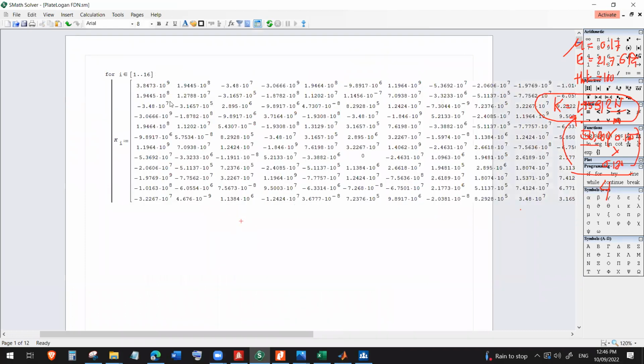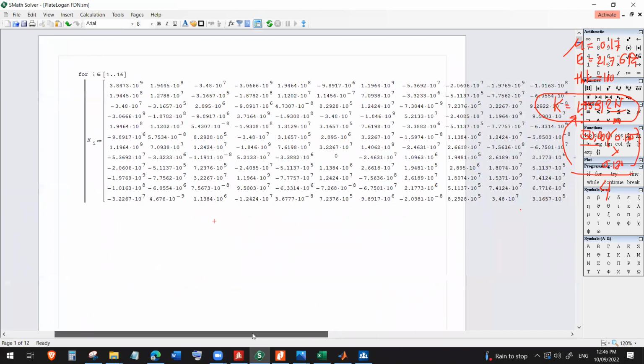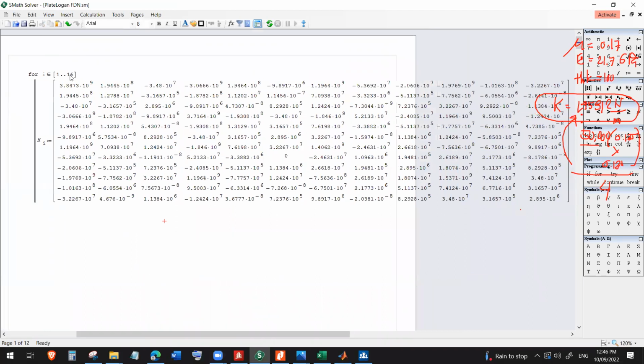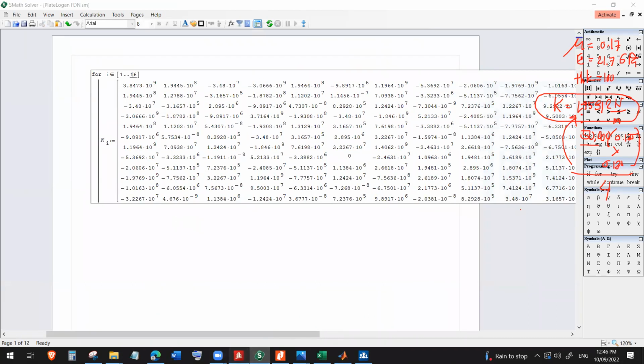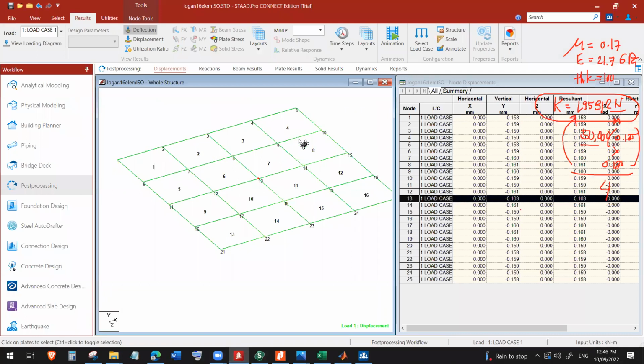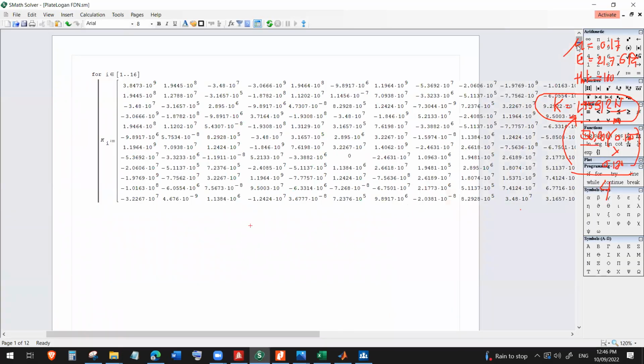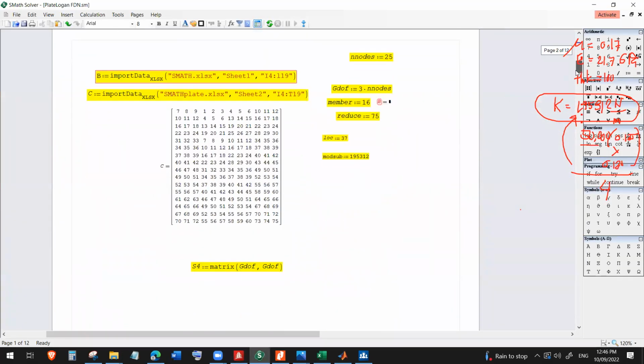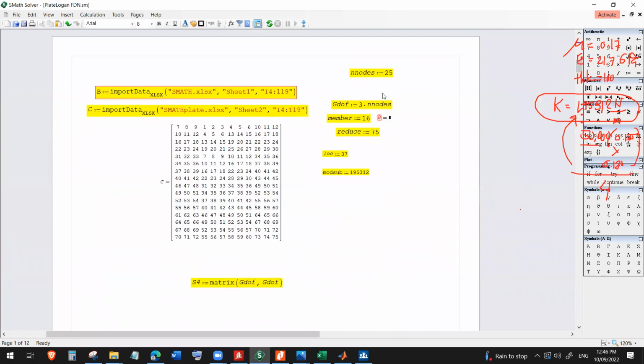the updated stiffness matrix, and we will loop again to 16 because we model the foundation by 16 elements. Okay, so after pasting there, let's now define other parameters. We have 25 nodes and we have 16 plates. My reduced variable now is 75